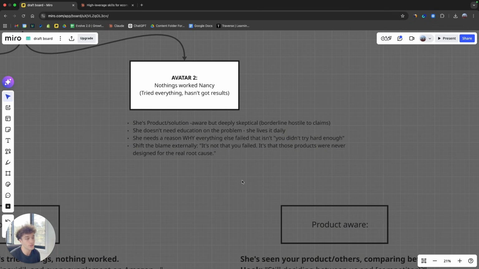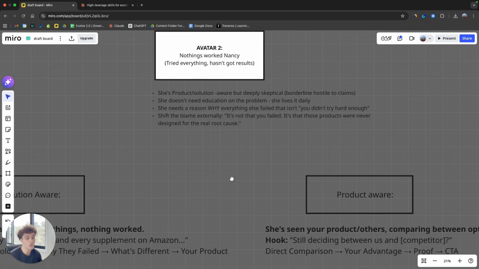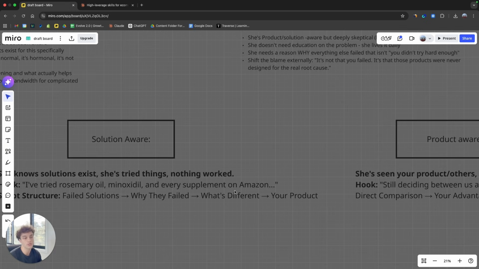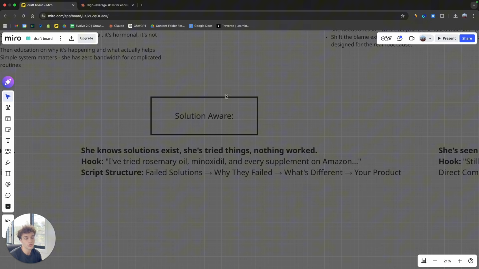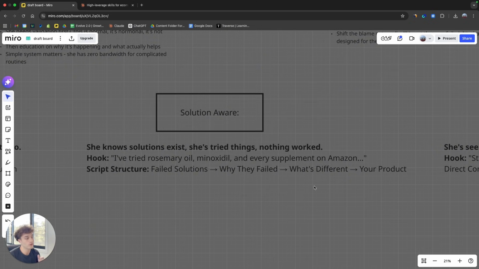And also, like I said, we're creating a hypothesis now based on research on what we think is going to resonate best with this customer. So if it doesn't work, then we have to go through and be like, okay, solution aware avatar, I made a solution aware script. Where did I go wrong? What was the flaw in this ad that stopped me from getting success? And then using that analysis and creating another hypothesis is how we're able to create winners so much faster. Because if all of our hooks didn't take any spend, then we could be like, all right,